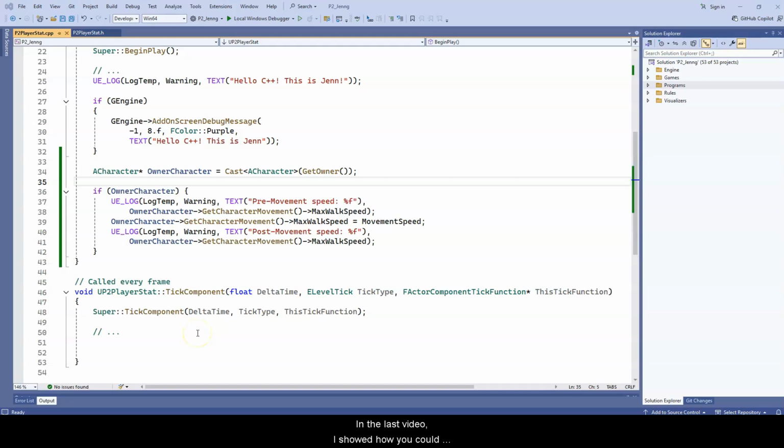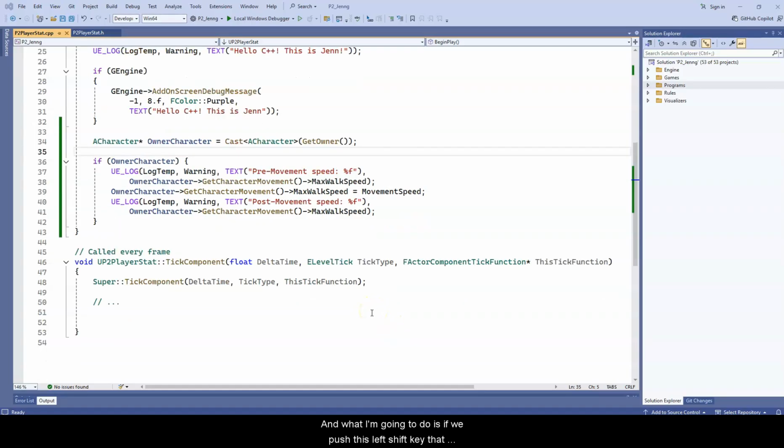In the last video, I showed how you could easily change your walking speed inside code. Now we're going to do something similar, but instead of just changing it one time and that's it, like we did with changing the movement speed, we're going to make it so if we push a button, it changes something that we're doing. If we push the left shift key,